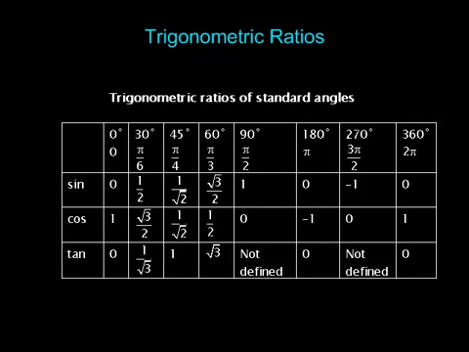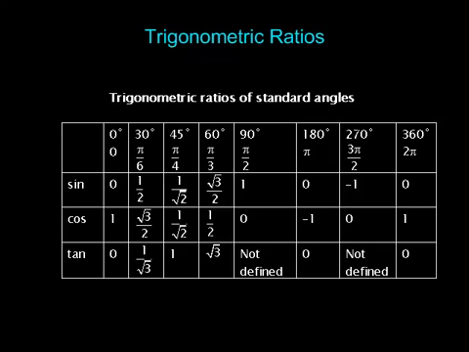Sin 0 is 0, cos 0 is 1, tan 0 is 0. Sin 30 degrees is half, cos 30 degrees root 3 by 2, tan 30 degrees 1 by root 3, sin 45 degrees 1 by root 2, cos 45 degrees 1 by root 2, tan 45 degrees 1, sin 60 degrees root 3 by 2, cos 60 degrees half, tan 60 degrees root 3, sin 90 degrees 1, cos 90 degrees 0,